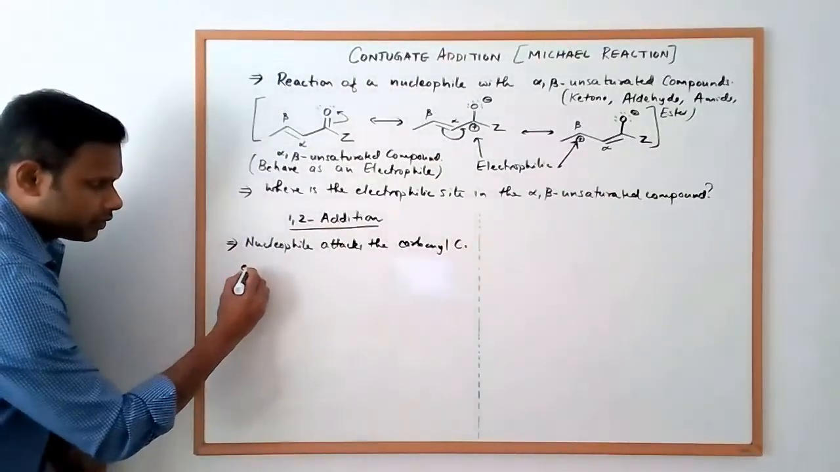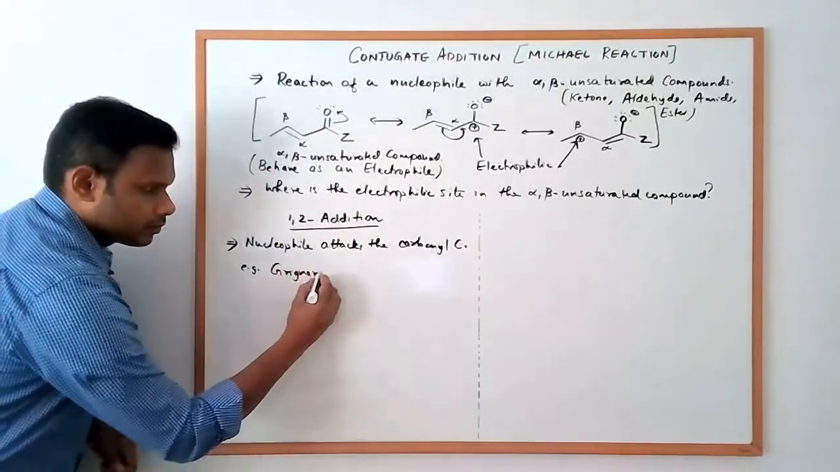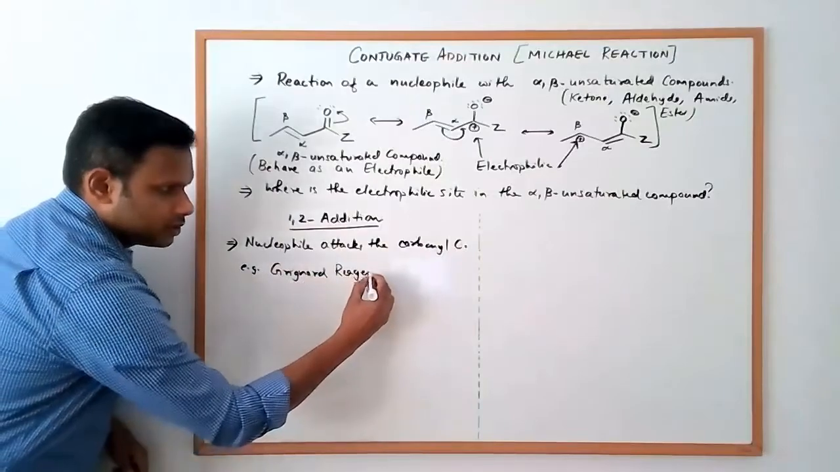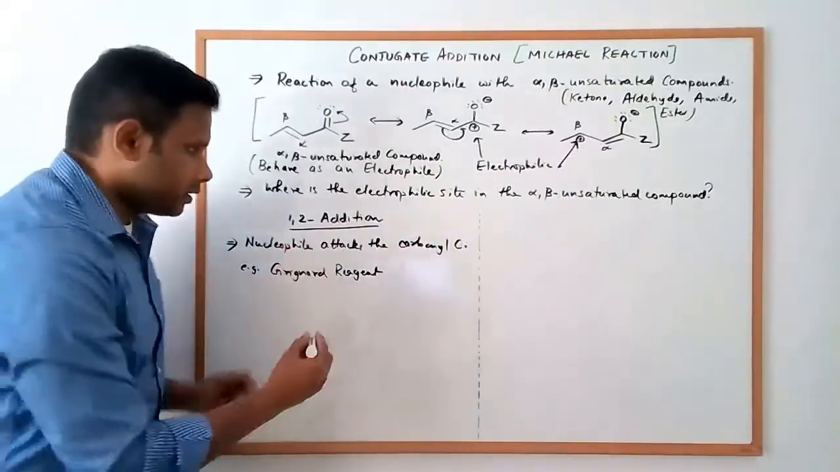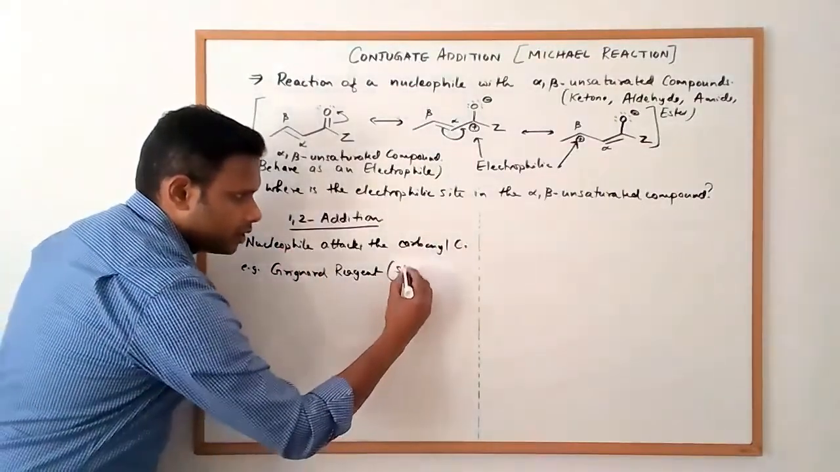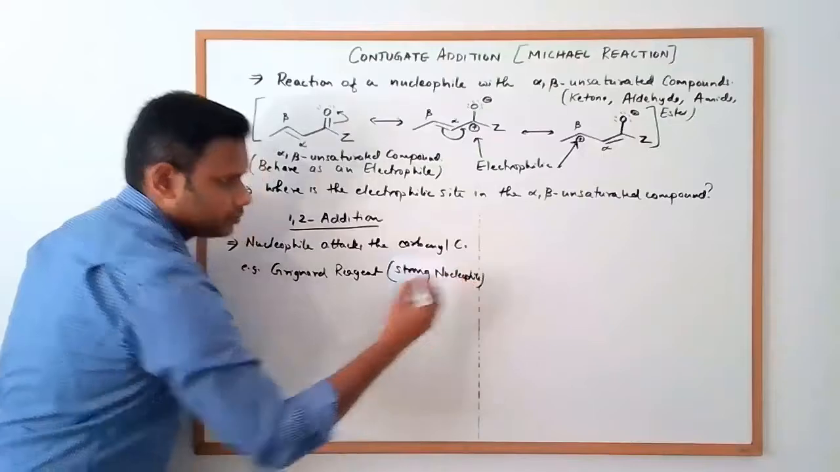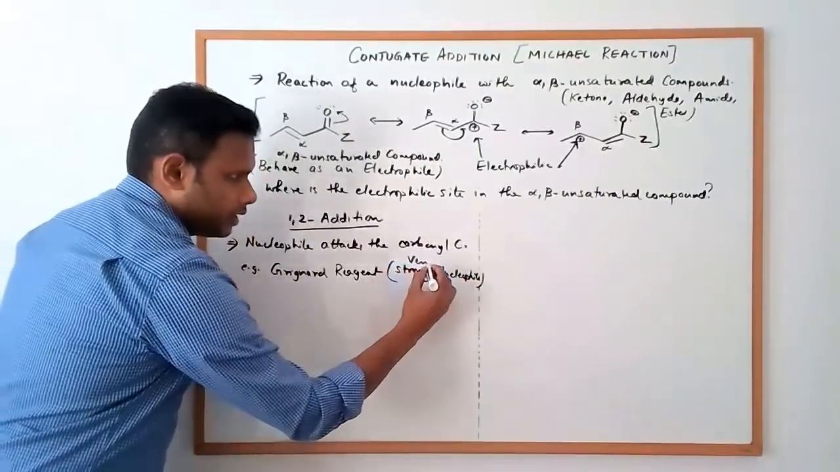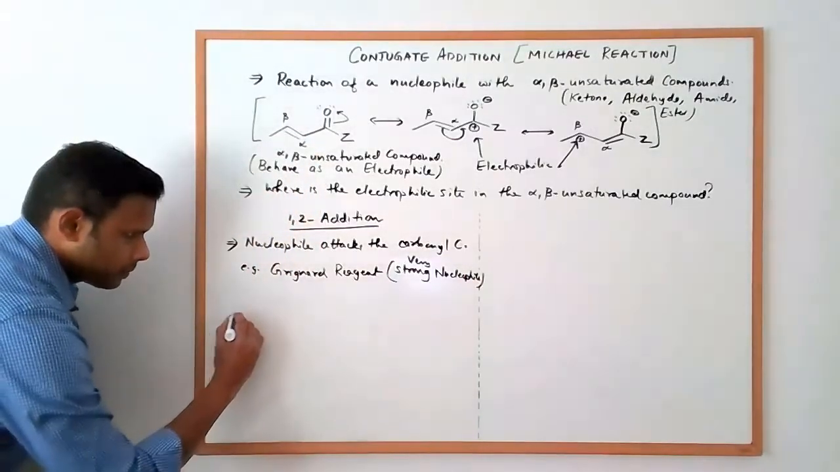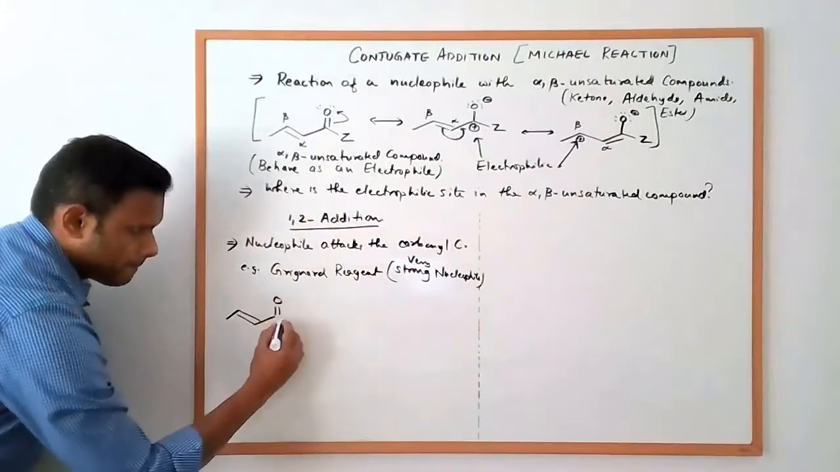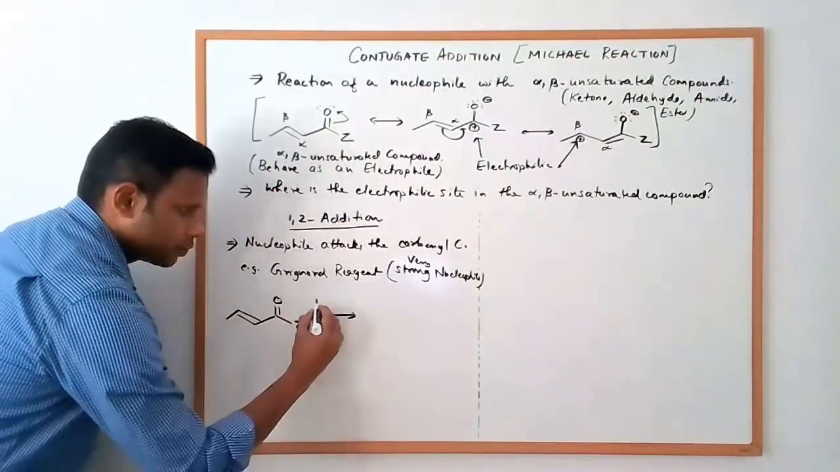An example of such a nucleophile is a Grignard reagent. Grignard reagents are very strong nucleophiles, and they go and attack the carbonyl carbon. So if you have an alpha beta unsaturated compound and you react it with a Grignard reagent,